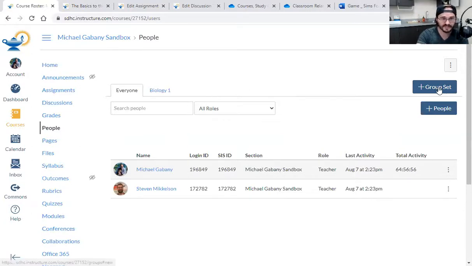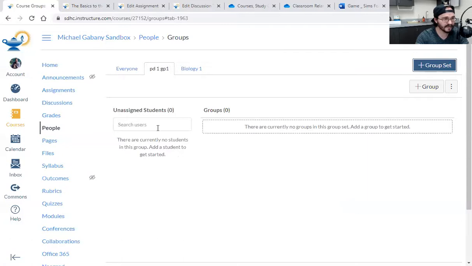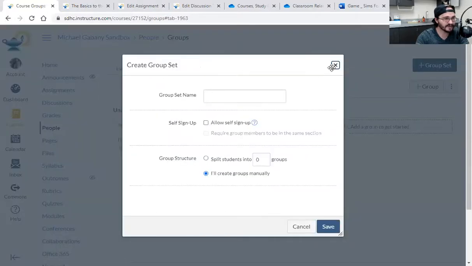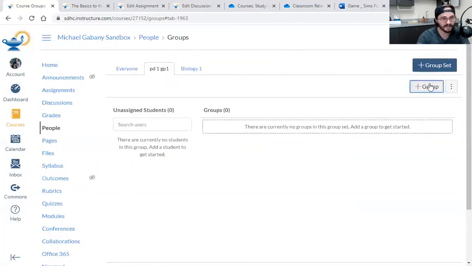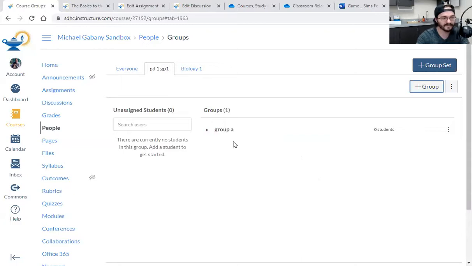I could have created a group set and called it my roller coaster period 1 group 1. Or if you wanted to just do period 1 group 1, you could do that, okay? And then you can search users, and that's easy enough to do, seriously. You can do groups within that set. So if you didn't want this to say group 1, you could just do period 1, and then within period 1 you can do group A, whatever, right? And then you can assign students per groups here. So this is where it really gets interesting.